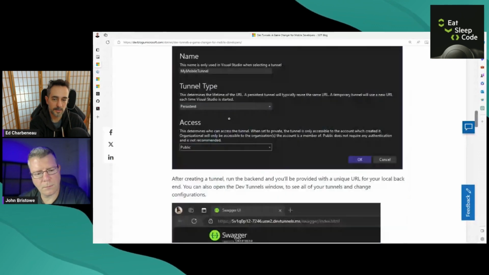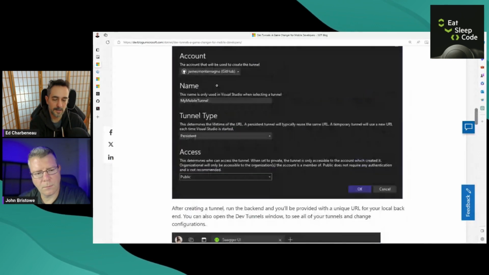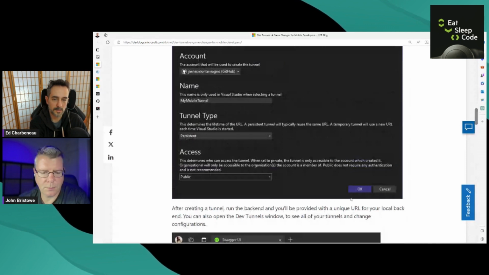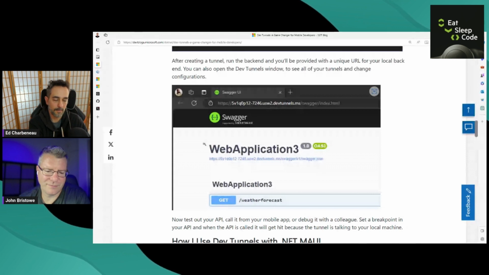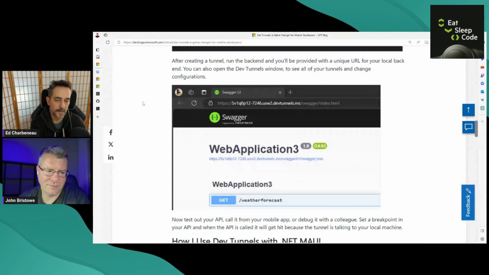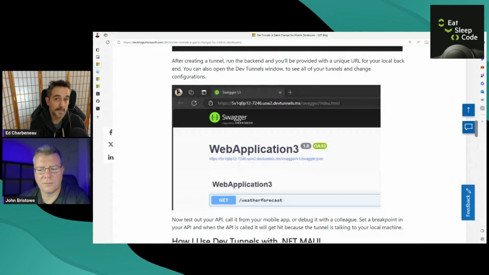Like I said, three check boxes to fill in, hit OK. And then you'll get a URL that looks like this. It's like some gibberish.devtunnels.ms. You hit that from any device anywhere and you can access your app or API. So this is really, really handy if you're on a mobile device or say a virtual reality headset, John,